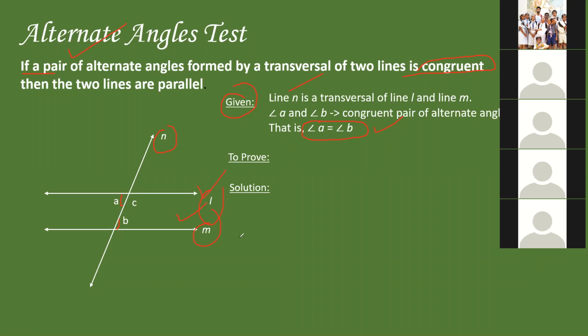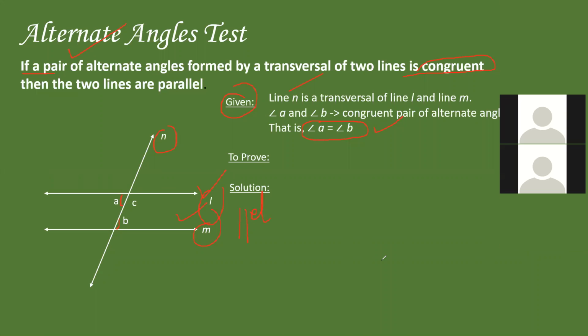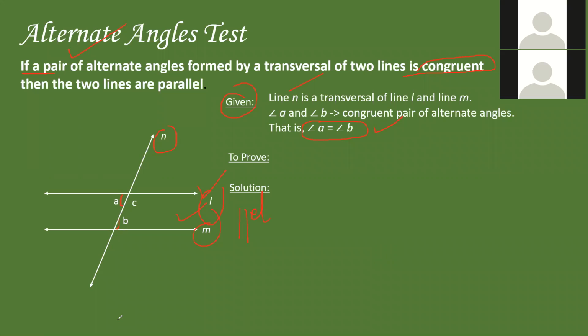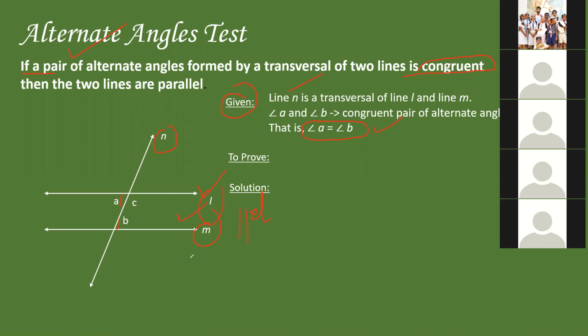We already have this information, and we are going to be using it now to prove that these two lines are parallel. If you have understood what we're going to be doing today, give me a thumbs up so that I can go ahead. I can see only 2 thumbs up right now. All right, 3, 4, 5. Okay, wonderful, folks. So I'll go ahead now.